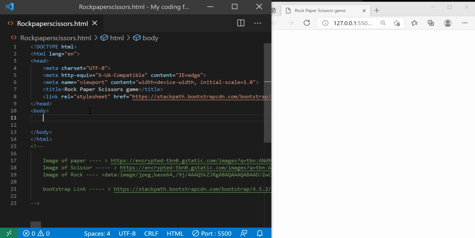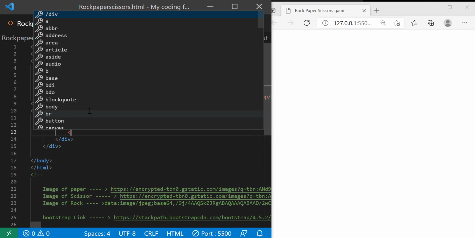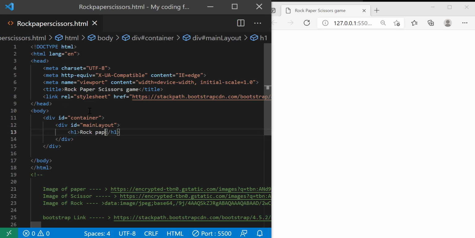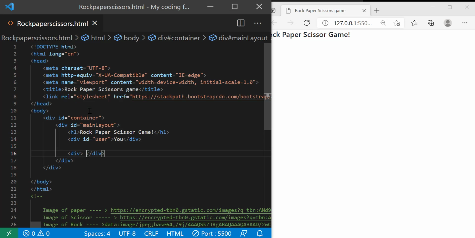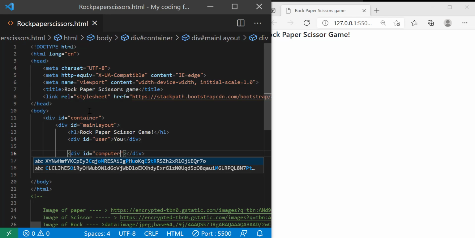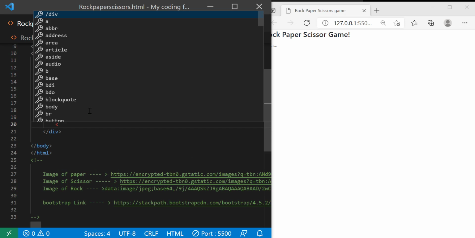And then in between our 2 body tags, I'll just create a div with the ID of container. So this will store everything on our web page. And then we'll create another div with the ID of main layout, and we'll have an h1 that says rock, paper, scissor game. And underneath the h1, I'll create a div with the ID of user, and we'll just name it user. And we'll create a div with the ID of computer, and then I'll call it computer. And I'll create another div with the ID of images,